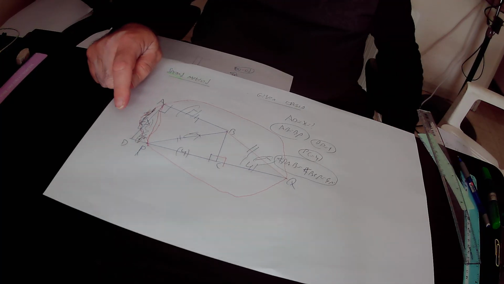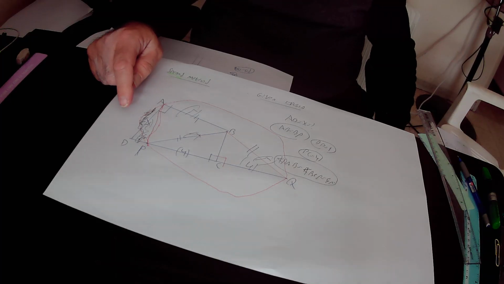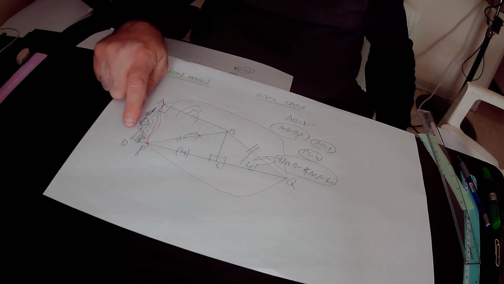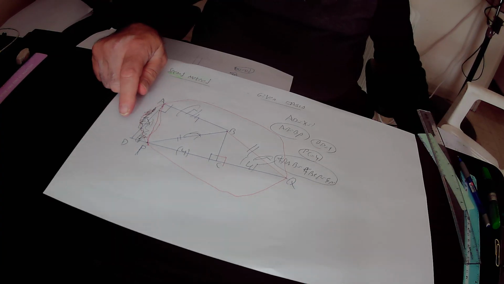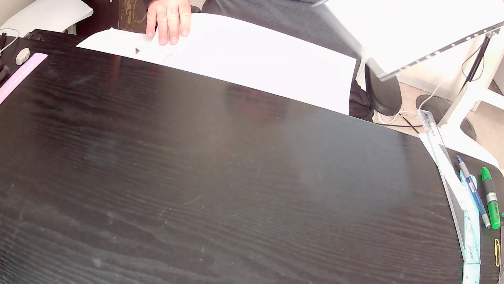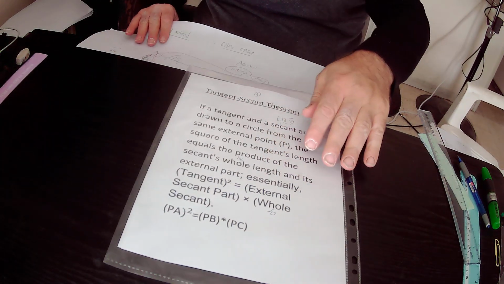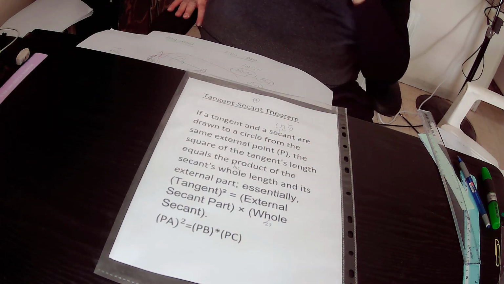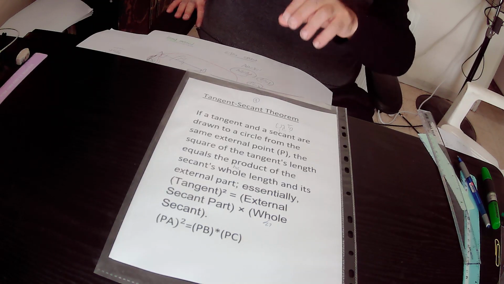So all the requirements of the tangent secant theorem are satisfied, and therefore we can implement the tangent secant theorem at this common external point D. Repeating the tangent secant theorem: if a tangent and a secant are drawn to a circle from the same external point,